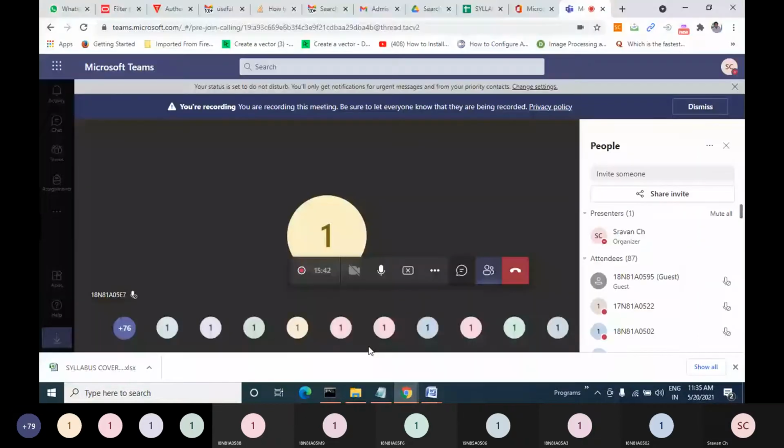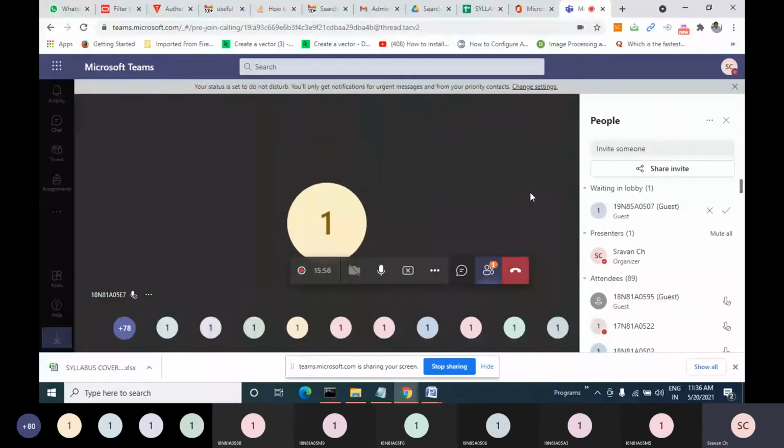Right. Still, people are yet to join. Very few people are present. So, friends, after the class, we will have a quick meeting on a couple of issues. 3 points I need to talk to you. 3 important points. So I want you people to stay back after the class for another 5 to 10 minutes. Right. So meanwhile, only 90 people have joined, and some people are in the lobby.